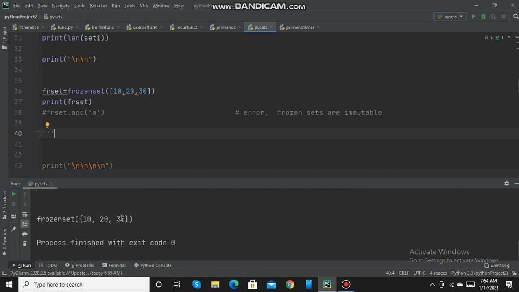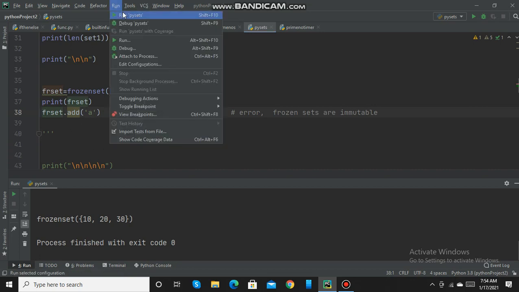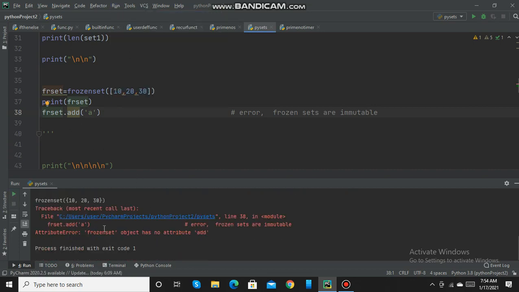So this is the frozen set. Now if I try to add an element A to that set, it is giving me an error. It is saying that frozen sets are immutable. So I cannot add elements to a frozen set.